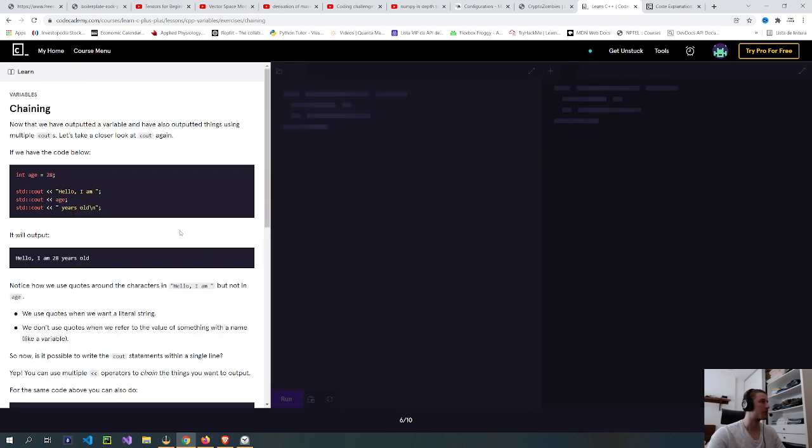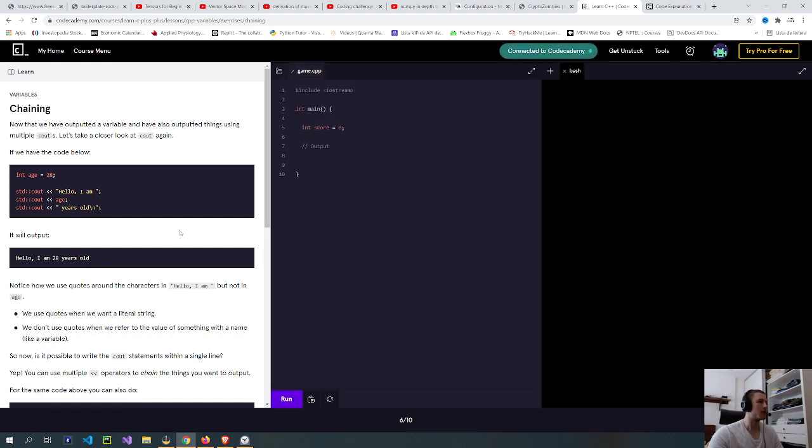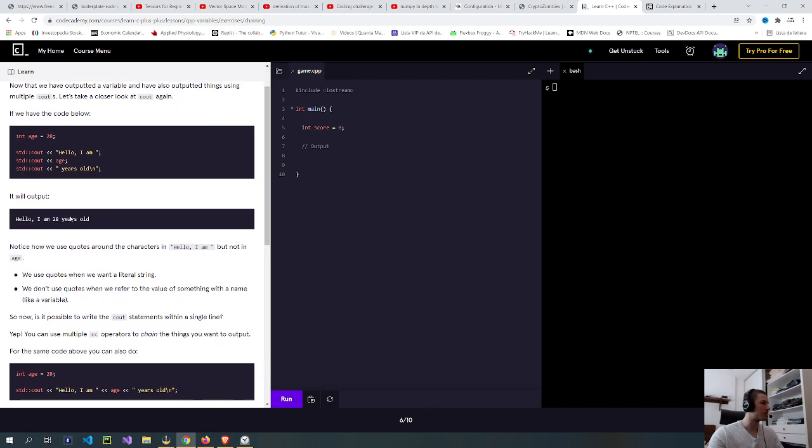Chaining. Now that we have outputted a variable and also outputted things using multiple couts, let's take a closer look at cout again. If we have the code below, int age = 28, std::cout << "Hello I am " << age << " years old", it will output hello I'm 28 years old.